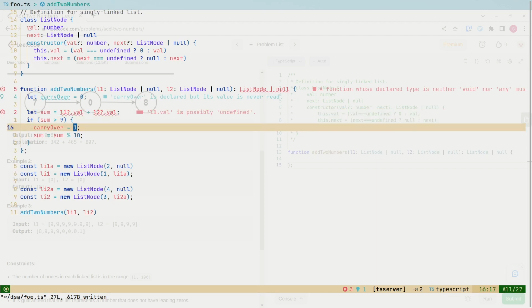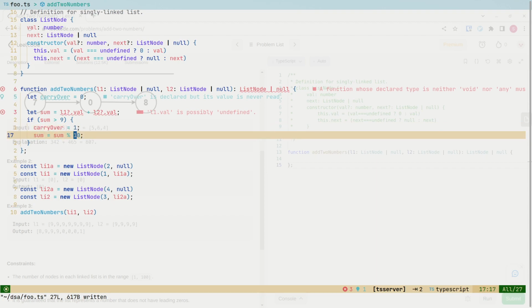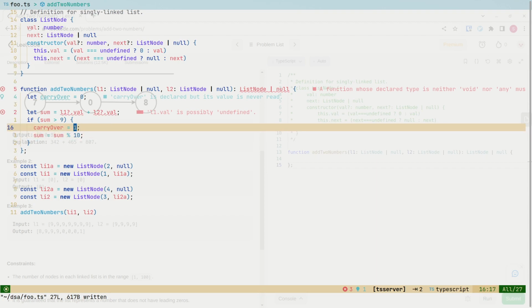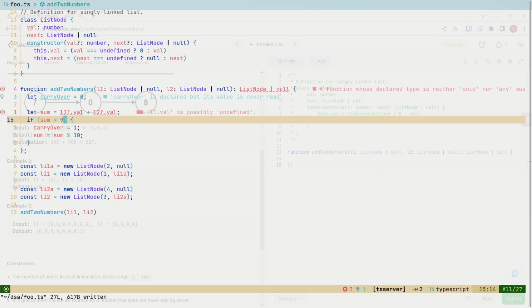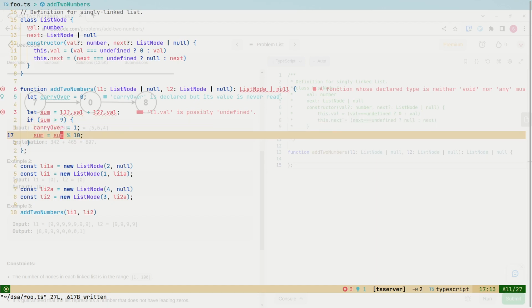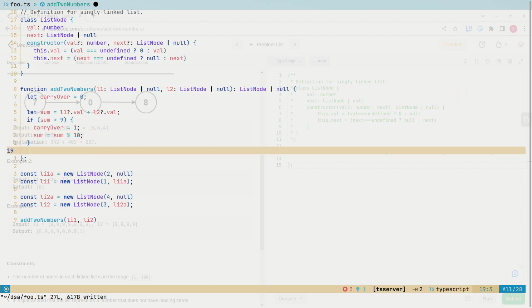You can figure this out in a different way, but since the constraints are so clear, you can just hard code the carryover number. It's definitely going to be 18 is the maximum number. It's just going to be the sum, which is the remainder after dividing by 10. Cool. After that, what we need to do is